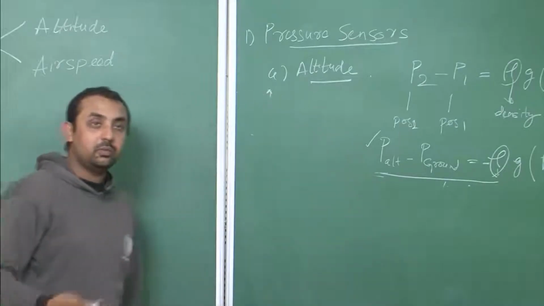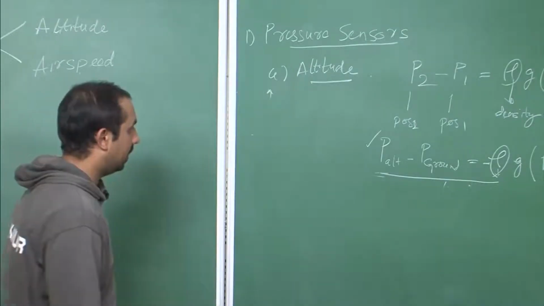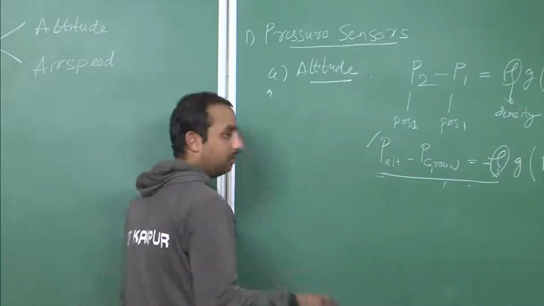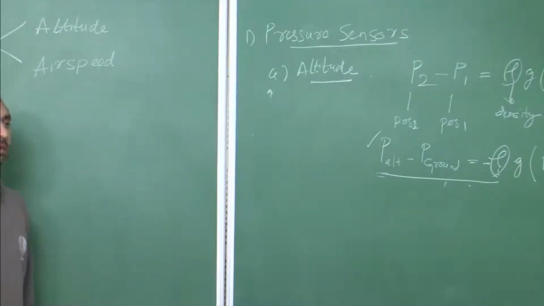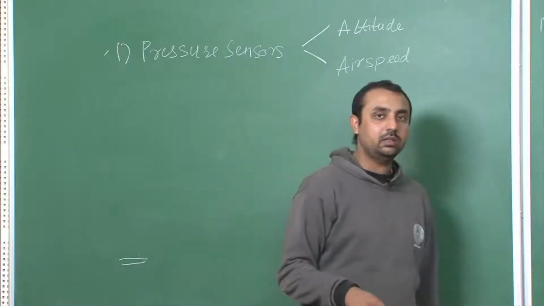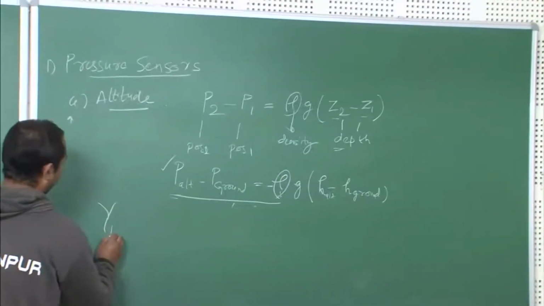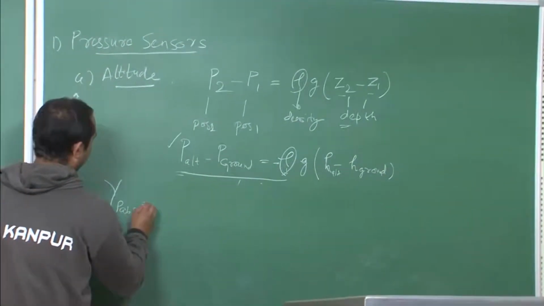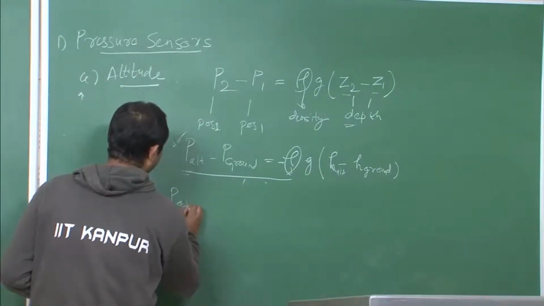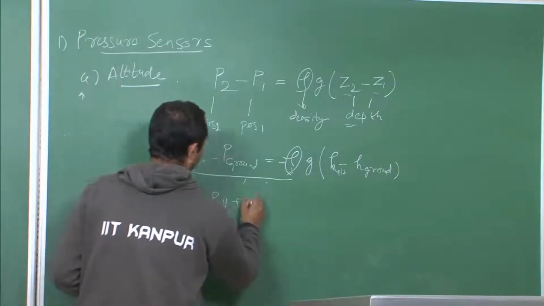The output which we get from digital systems is always in terms of voltages or current. That's why the output you will be getting will be in terms of voltage, as we have already seen in previous experiments where we calibrated the deflection of the control surface, and the output was in terms of voltage. So we have to calibrate that, and the output, for instance, for absolute pressure will be P ground minus P altitude plus some noise,